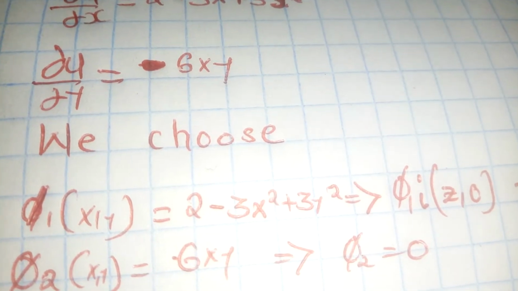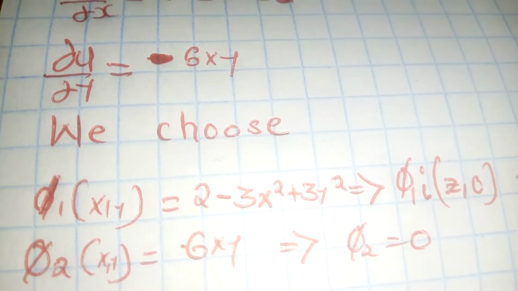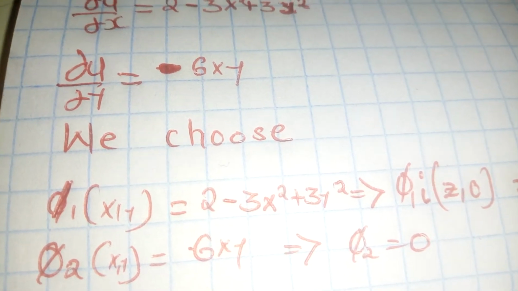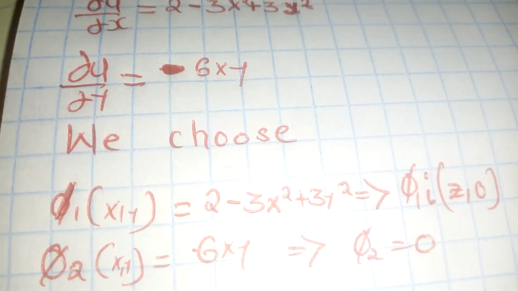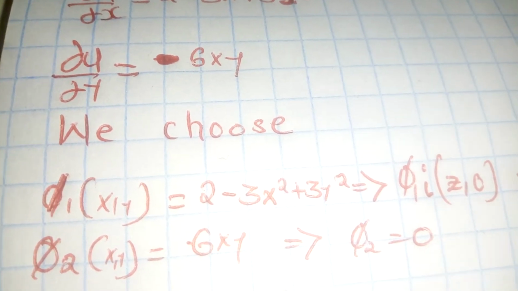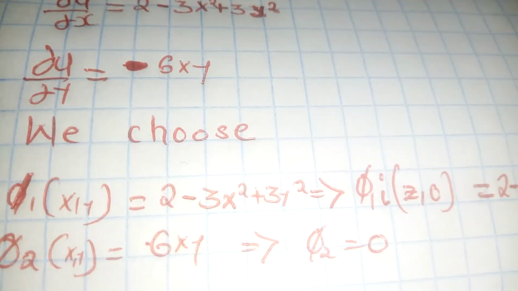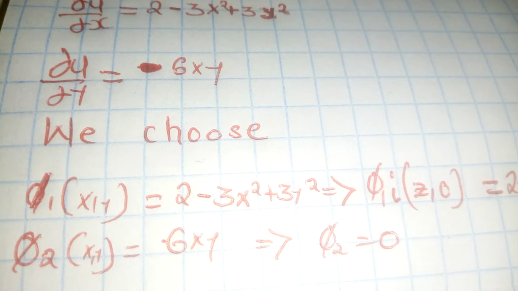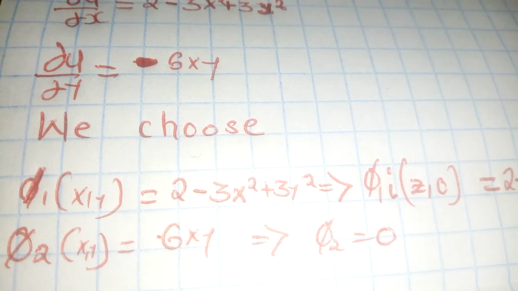Alright, then we now choose, you can call it beta or theta, maybe theta 1, a function of x comma y, and theta 2, a function of x comma y. Our theta 1 should be equal to the partial derivative of u with respect to x, that is partial u partial x, while our theta 2, a function of x comma y, should be our partial u partial y. Alright, and let's say our theta 1 as our z0, a point z0. Then when we substitute our theta 1,